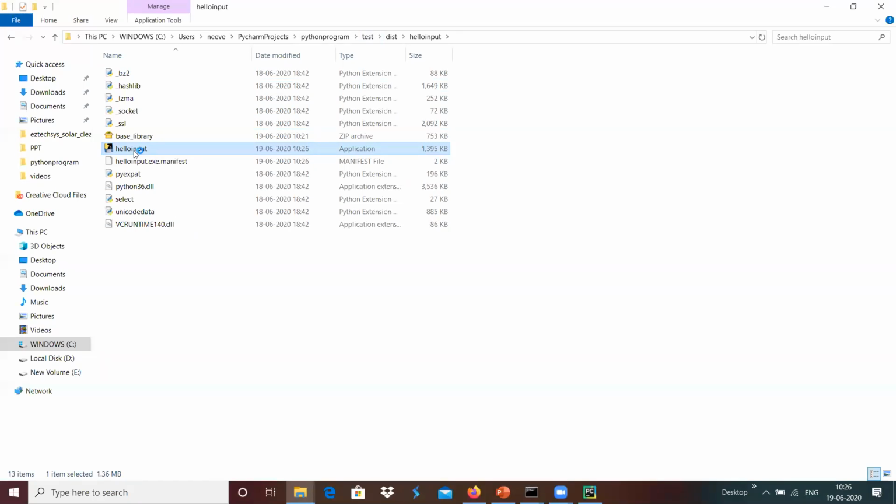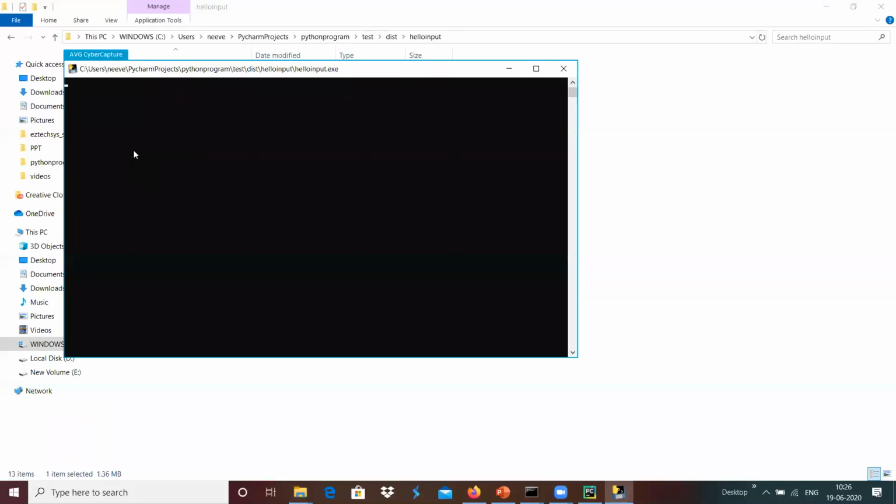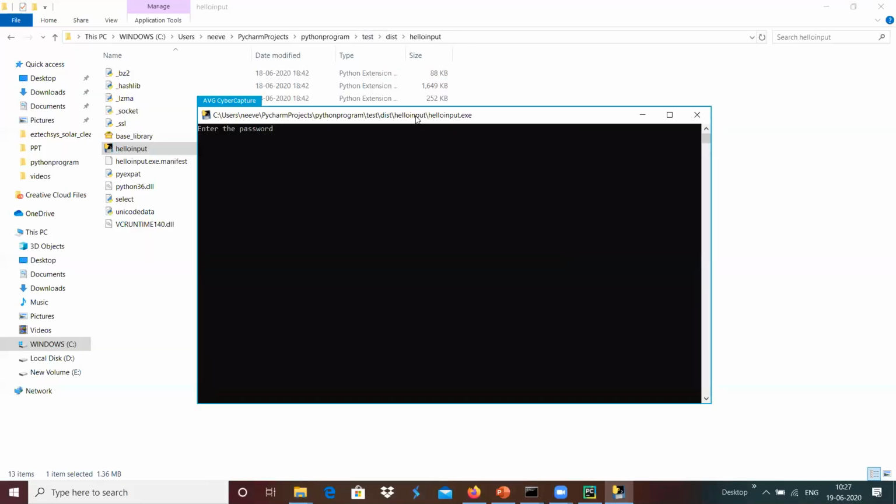It's a folder-like structure, so that the needed files will be present over here, and whenever we run this, these files will be used by this application.